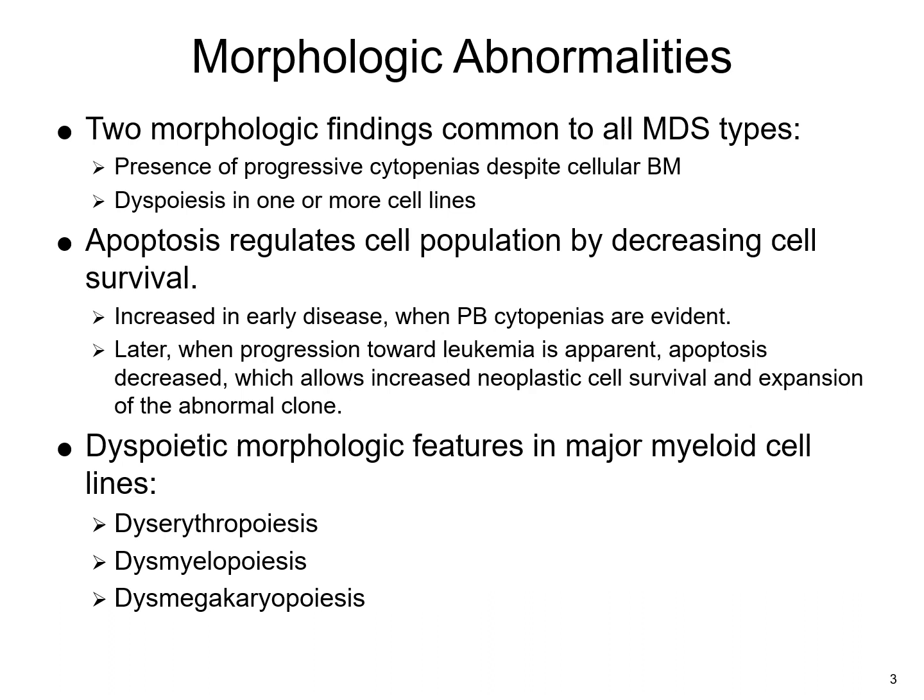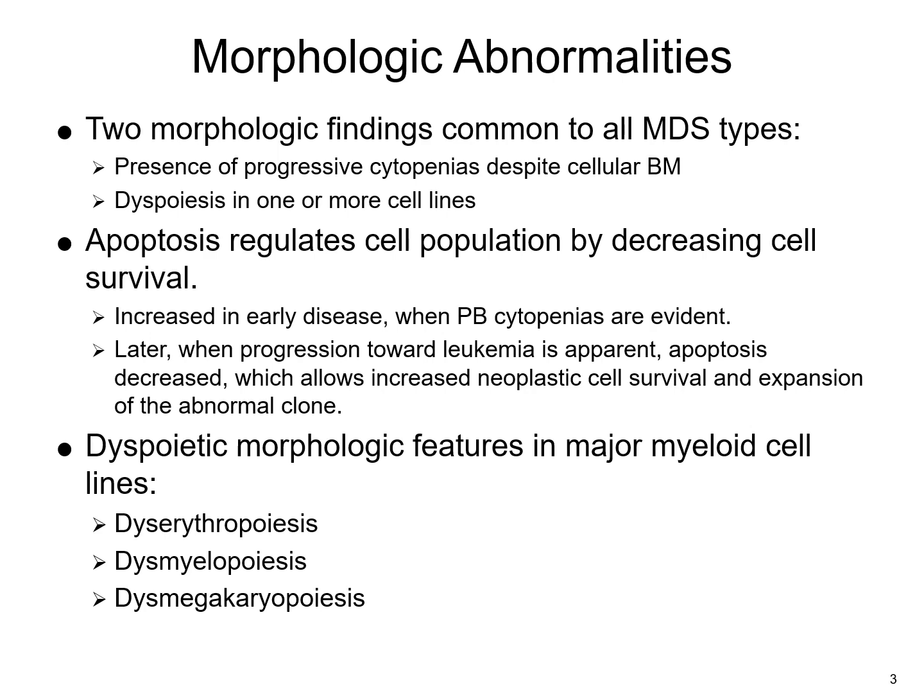So in the myelodysplastic syndromes, each of the three major myeloid cell lines actually have some sort of dyspoietic morphological feature, so some sort of abnormal features to them. So we'll discuss these: the dyserythropoiesis, dysmyelopoiesis, and dysmegakaryopoiesis. This is mostly what's just going to kind of lay your foundation of what these morphologies for these myelodysplastic syndromes